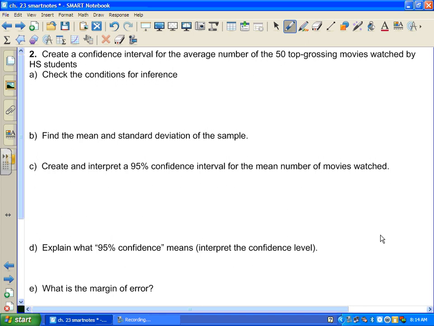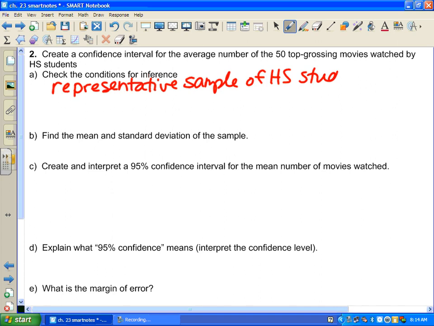This wasn't random. Does it seem representative? If we're talking about high school students, are you representative of high school students, you think? Yes. Probably. Okay, and then the second condition is also the same as for proportions. So, second condition,